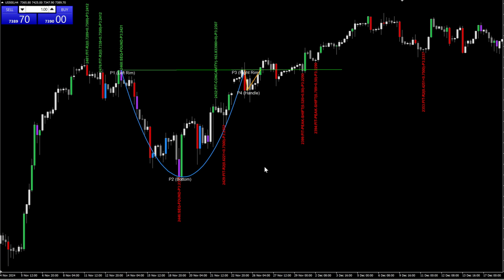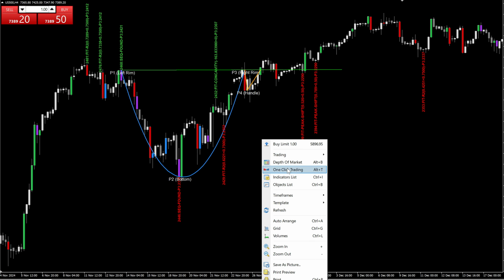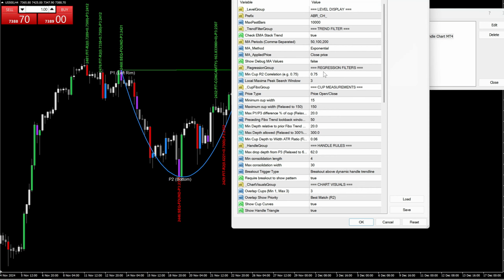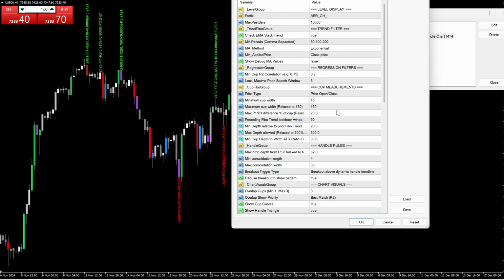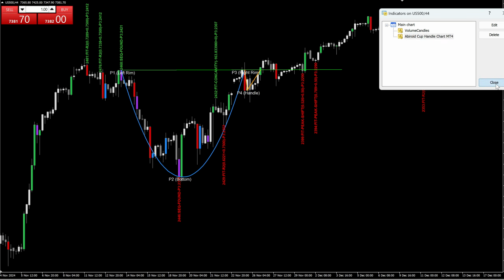This would be that kind of example where price, most of these bars, they do not touch this parabola. So let me set that to a much higher value, maybe 0.85. In that case, these kinds of signals, these will be missed. And it will also show you FIT R2. And then it will show you the actual value. It is 0.8016. And the R2 that we have defined is 0.85. So this 80 is less than 85. But if we set that back to 0.75, in that case, that will be allowed.